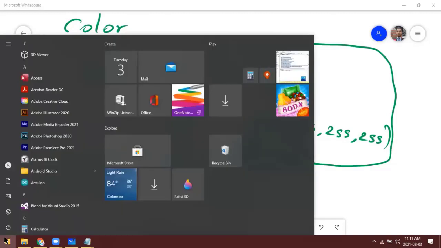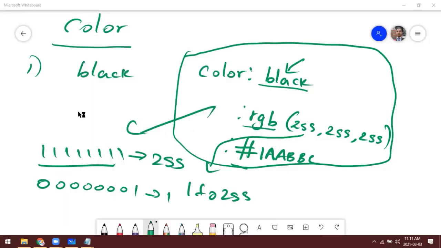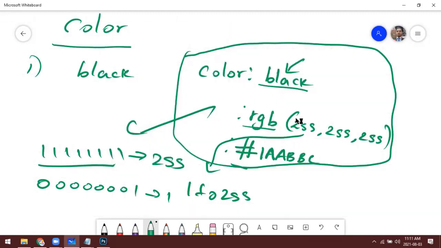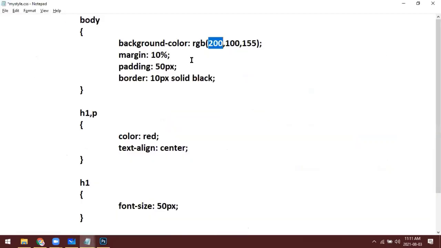It is very simple. You can see when you use Photoshop and any other software, it's very simple, right? And then this hexadecimal code, these RGB values are converted to base 16 in order to produce as many colors as possible.